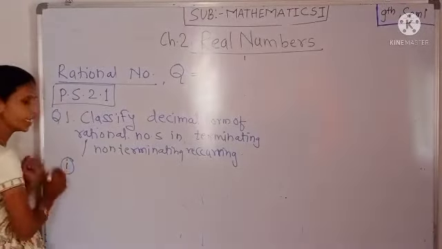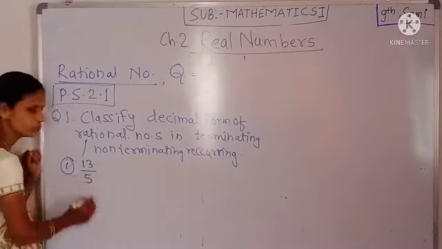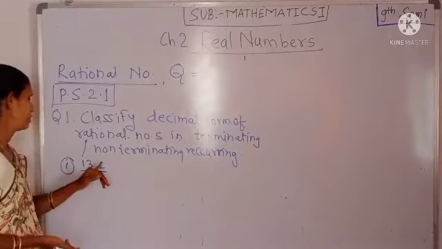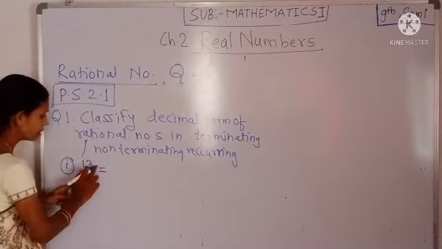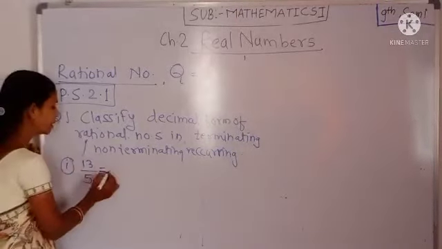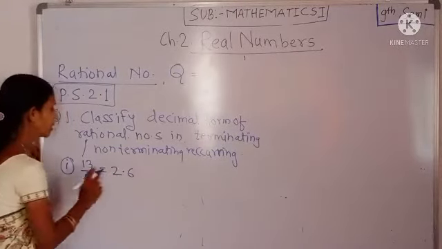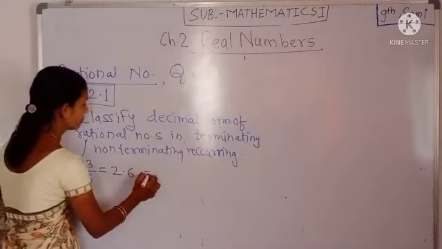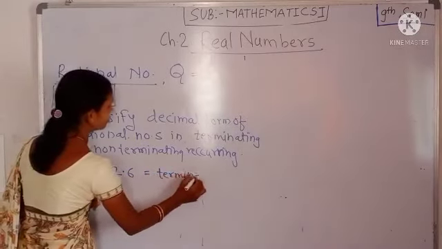Then one of the examples given here is 13 upon 5. Then see here, we can write down the decimal form of this rational number. See here, 13 should be divided by 5. Then we get 5 2s are 10 and 5 6s are 30. Therefore, here we get 2.6. That means here the decimal form is terminating